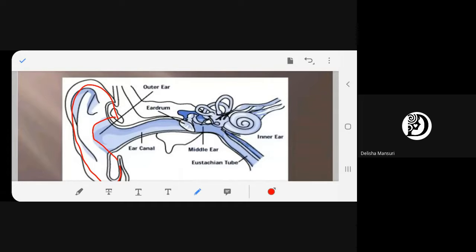So it is called the pinna. What is it called? Pinna. Then the sound enters into the ear canal. Where does it enter, beta? The ear canal. So this portion is the ear canal, the tube. Understood? Now from the ear canal,